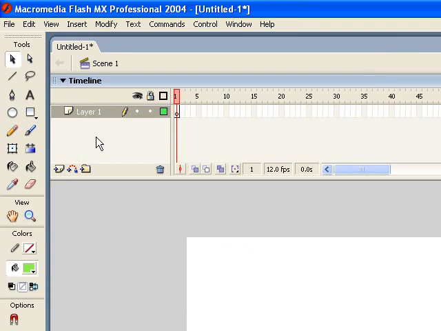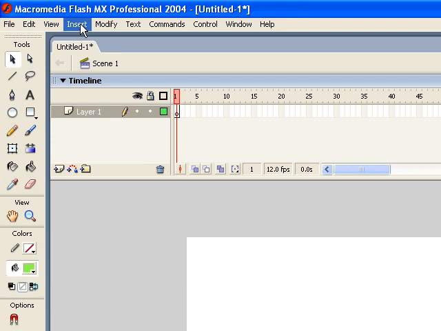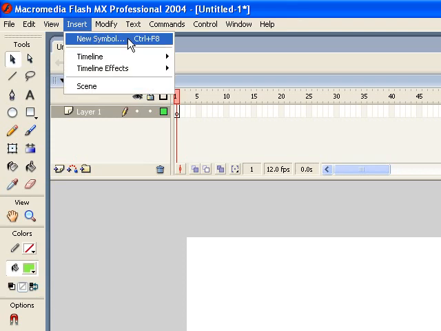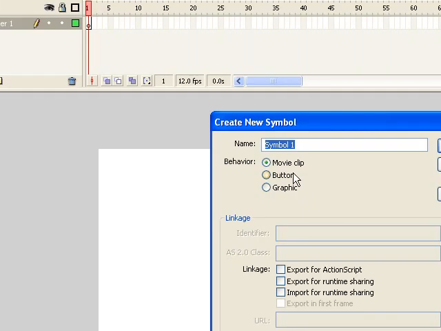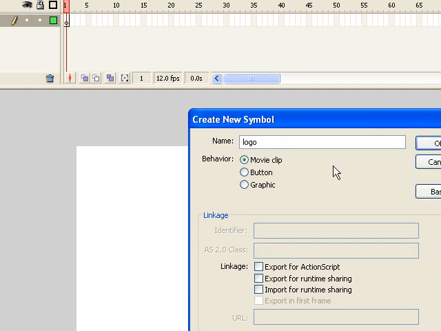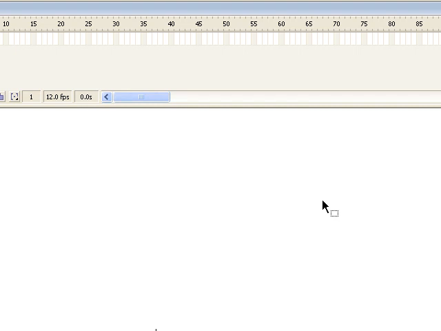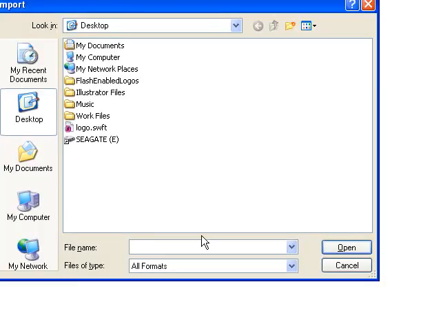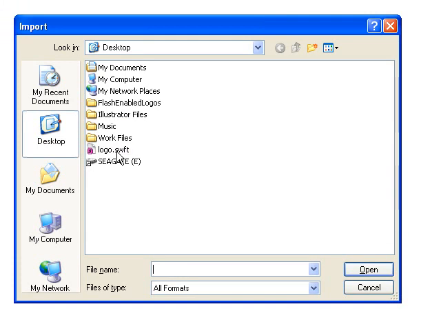Okay, so here we are in Flash. I've just created a new document, and I could import the animation to the root timeline, but it's not going to allow me to control it very well. So I'm going to create a new movie clip. So go to New Symbol, and choose Movie Clip, and I'm just going to call it Logo. Okay, now inside of our movie clip, I just hit Control R to import to the stage, and I'm going to select my Swift file,